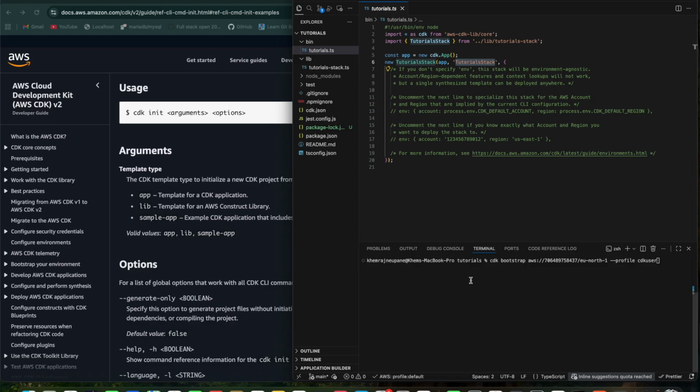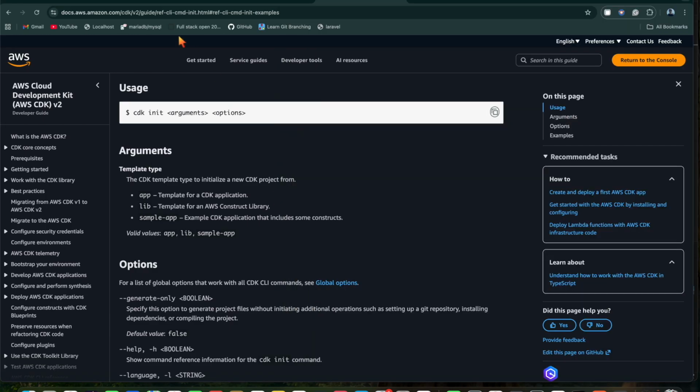But in your case, you can do it just like this: cdk bootstrap aws://your account number/the region you are in. I'm using eu-north-1. It is the closest region for me. And then --profile, and you can use the profile name cdk-user. Yeah, and that's it. Once you hit enter here, you will see